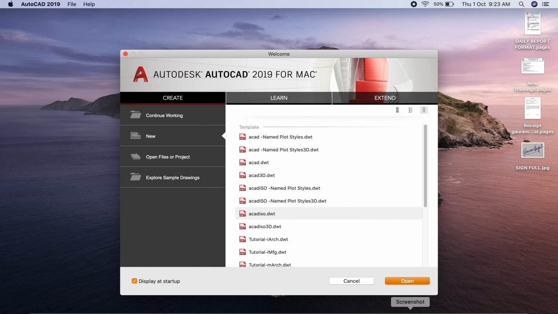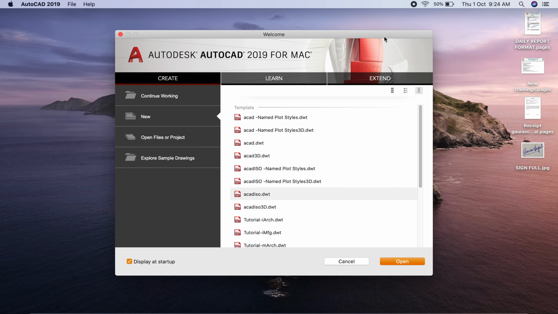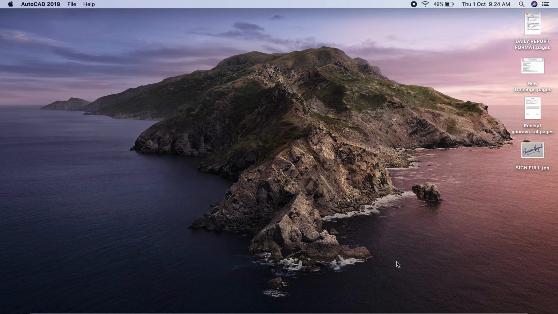So hello friends, today's lecture is on AutoCAD, and in today's lecture we discuss the various modify commands in AutoCAD. Before starting, let us select our template on which we want to draw. As you know, for mechanical engineering students we always use ACAD ISO.DWT. So select this template and click open. Now you have to wait for some time, it takes a bit to open the software.